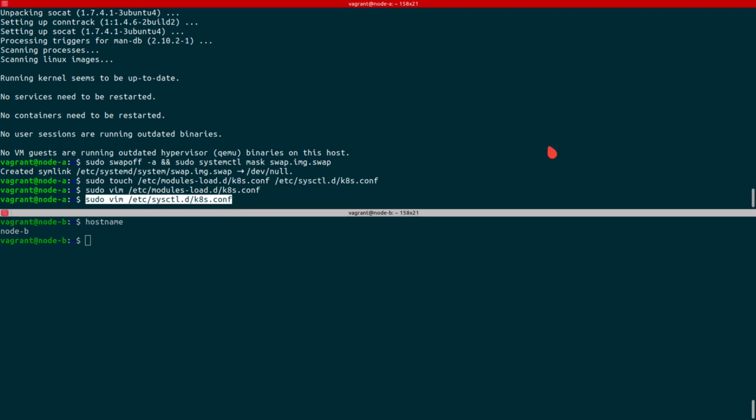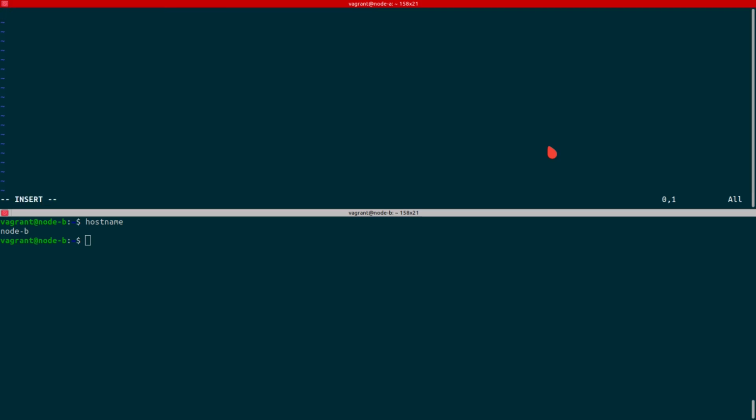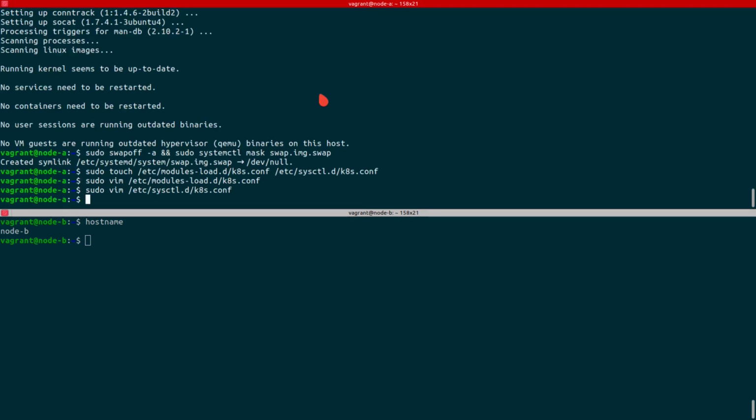Now we'll be editing the file, pressing I to insert, and here we have three lines: net.bridge.bridge-nf-call-iptables equals 1, net.bridge.bridge-nf-call-ip6tables equals 1, and net.ipv4.ip_forward equals 1. Again, escape to come out of it, :wq to save and quit,